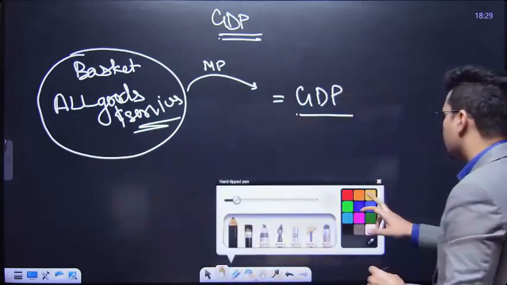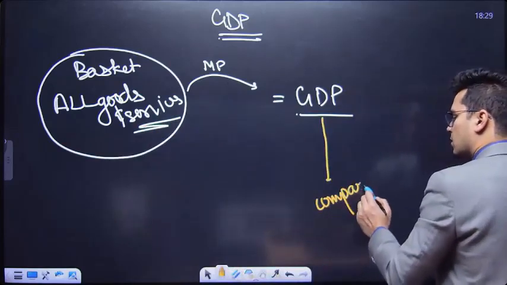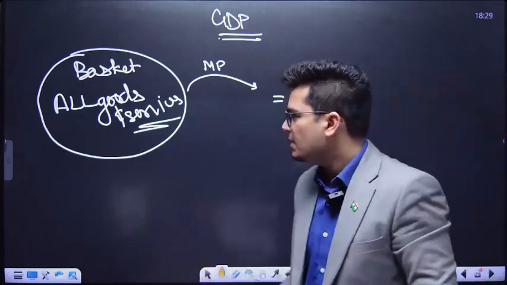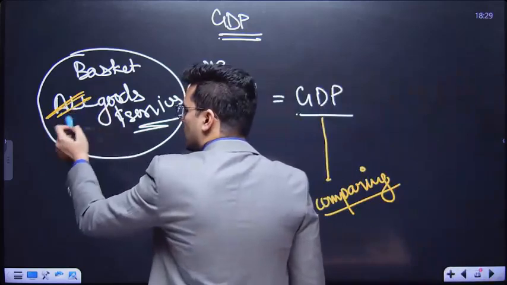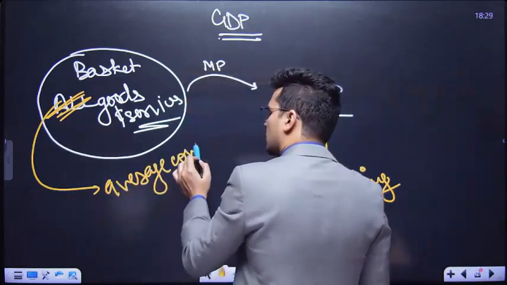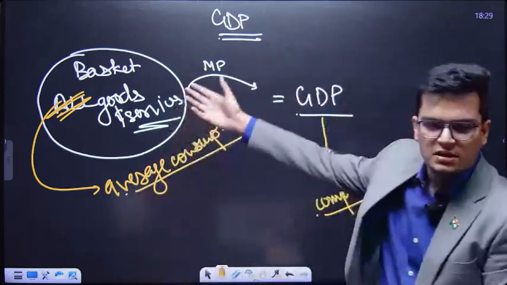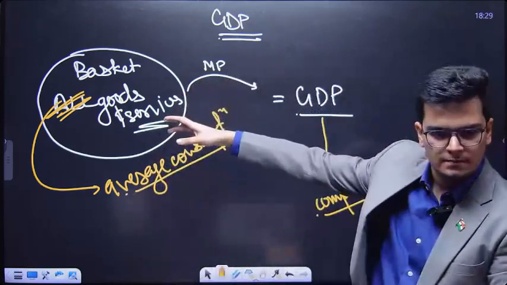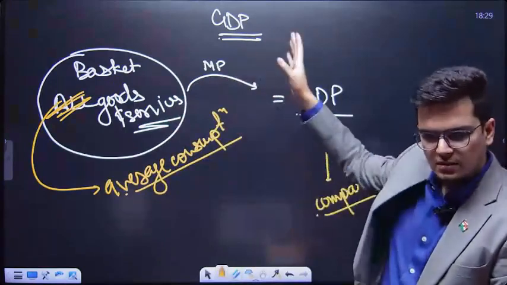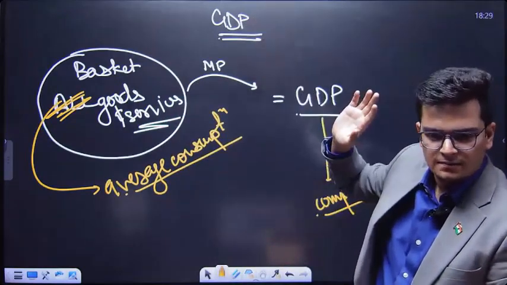अब जीडीपी का कंपैरिजन जब हम करते थे, when we were comparing GDP growth, अभी मैंने क्या किया है, मैंने बस इसको ऑल की जगह एवरेज कंजम्पशन के हिसाब से बना दिया है, rather than all. प्रोसेस तो सेम ही है, बस मैंने एवरेज कंजम्पशन के हिसाब से बना दिया, तो सीपीआई बना दिया।